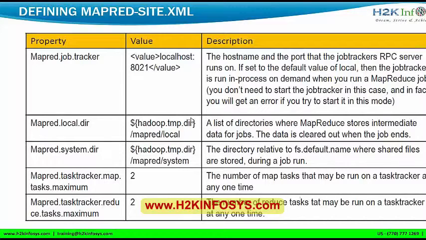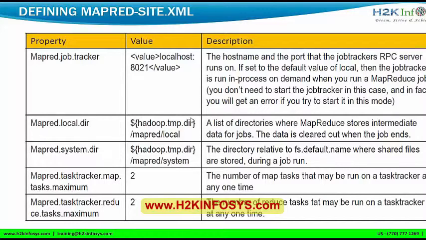Maybe in my data node I'm running 4 to 5 tasks at a single point of time. So this tells how many tasks I can run on my single data node machine. The default value I had given is 2. In the sense, two map tasks can run simultaneously at a single point of time.